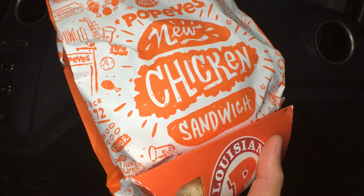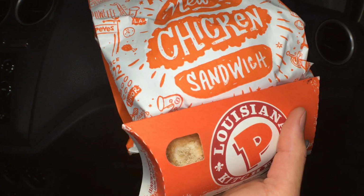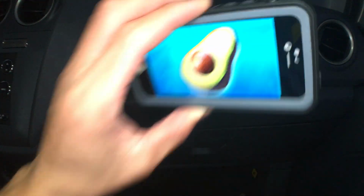Aloha, fellow eaters. Today we'll be having Popeye's spicy chicken sandwich and their pumpkin cream pie here on